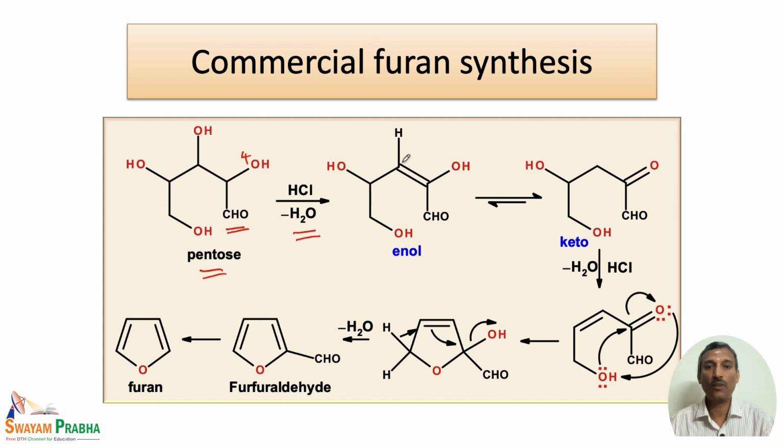So, we have an enolic system formed in this particular reaction. Since it is an enol, it undergoes keto-enol tautomerism, but of course, we know the ketone is the most stable one. So, that is the reason the enol very readily tautomerizes to give the keto derivative, and this keto derivative undergoes